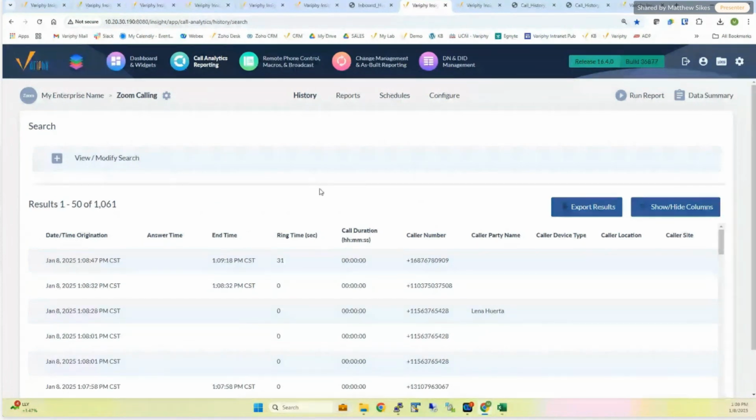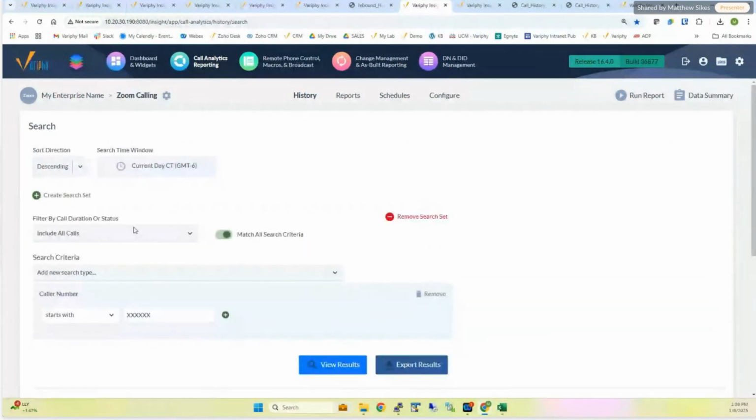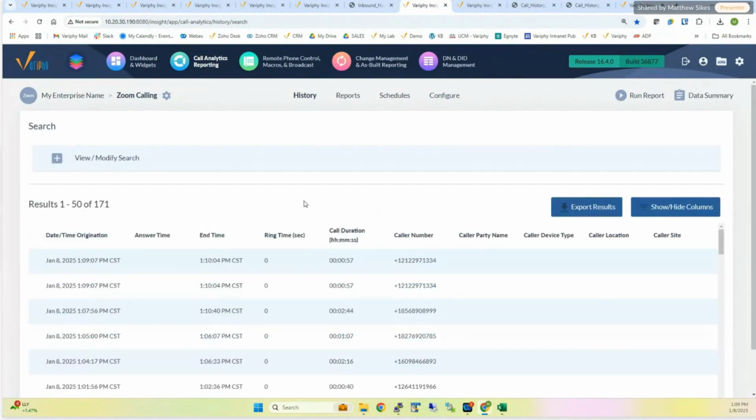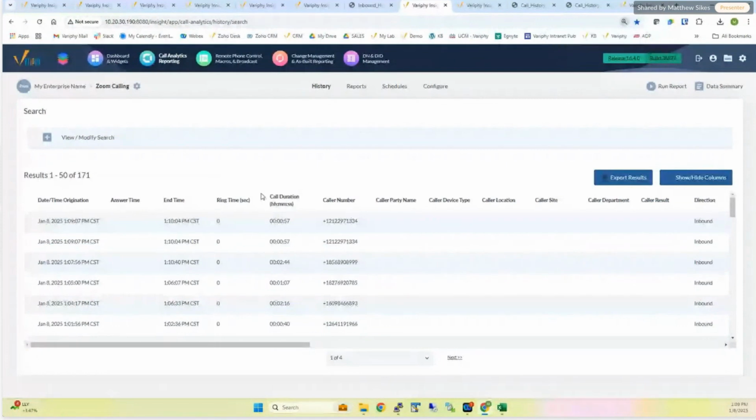I've got over 1,000 calls. Let's simplify this. I'll exclude the zeros. There we go, a couple hundred. Okay, so let me zoom out. No pun intended there. So in the history section here, as before Verify 16.4, certainly people can vet the Zoom data in here,